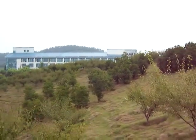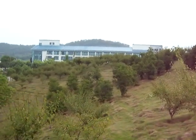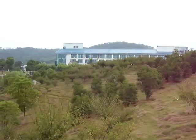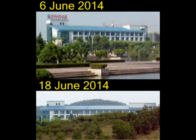and I believe they've also turned the top floor of that into a hotel, believe it or not now. So people have told me that it's a hotel, and they do actually have a big neon sign on top, but it appears like the neon sign has been blown down by the wind. I don't know if you can see that. The neon sign was standing up there for 2 weeks, but